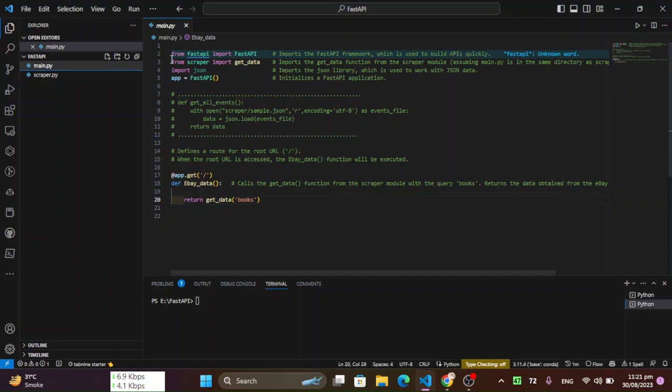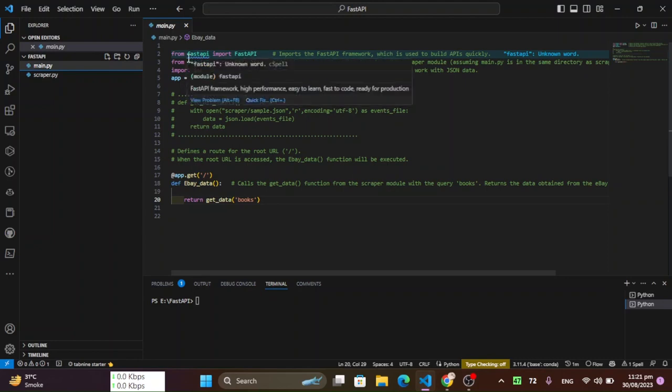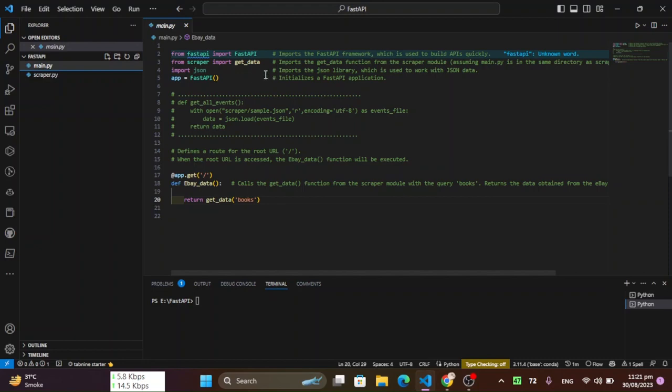The third line, import json, imports the json module which is used to handle JSON data, including reading and writing JSON files.